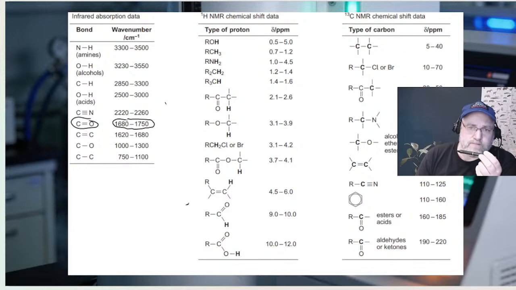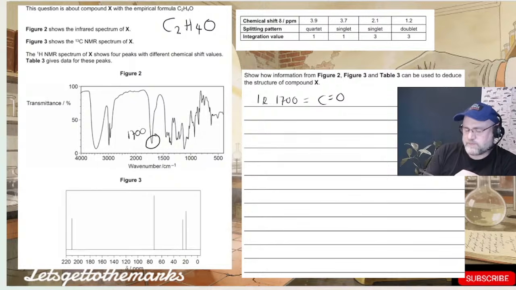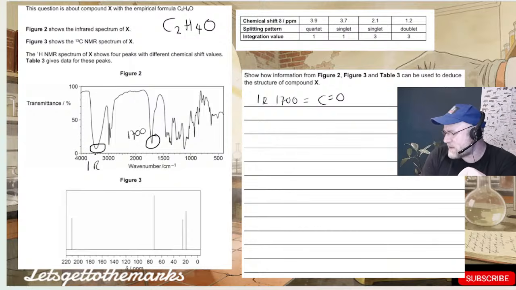So we're going to come back down here and you're going to start picking up marks by doing this. Where am I? I'm over here. Okay. So much rubbish written on this PowerPoint which I haven't cleaned up. So IR is 1700, C=O. You've then got, look, another IR peak I'm interested in. That's about 3,400. What do you reckon that is? That's probably,